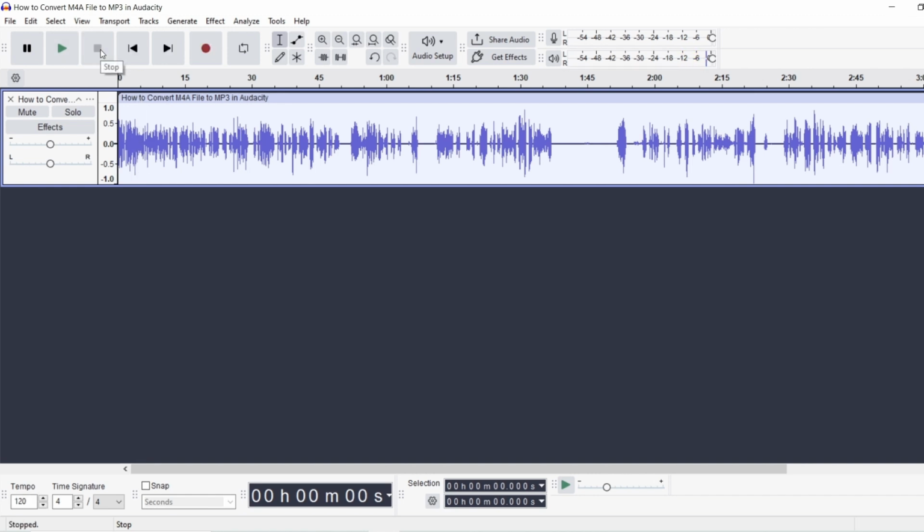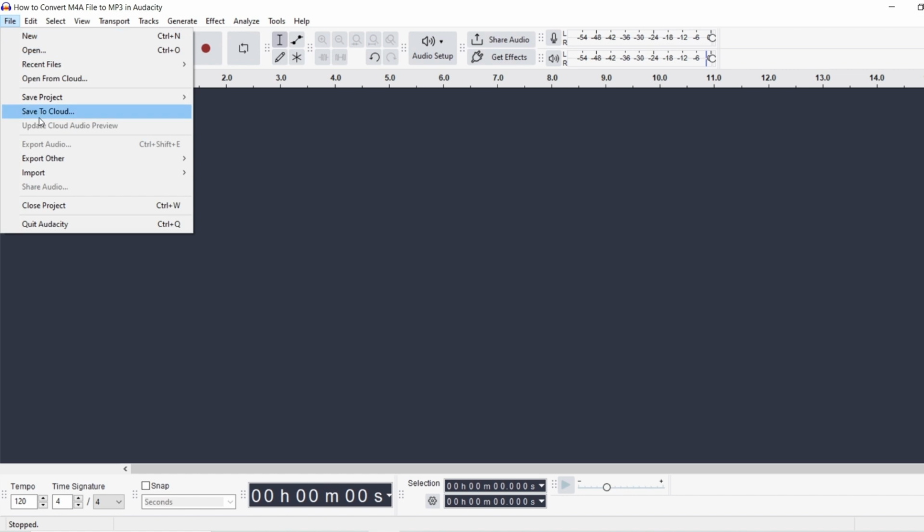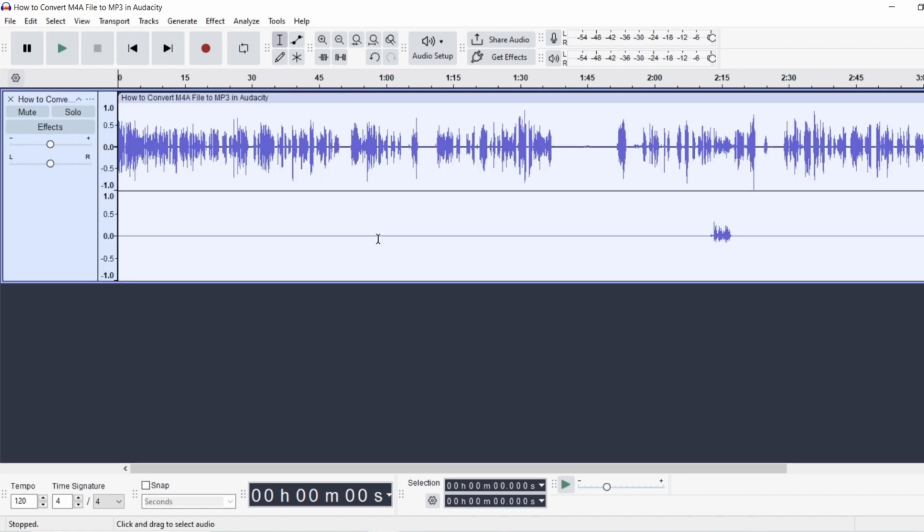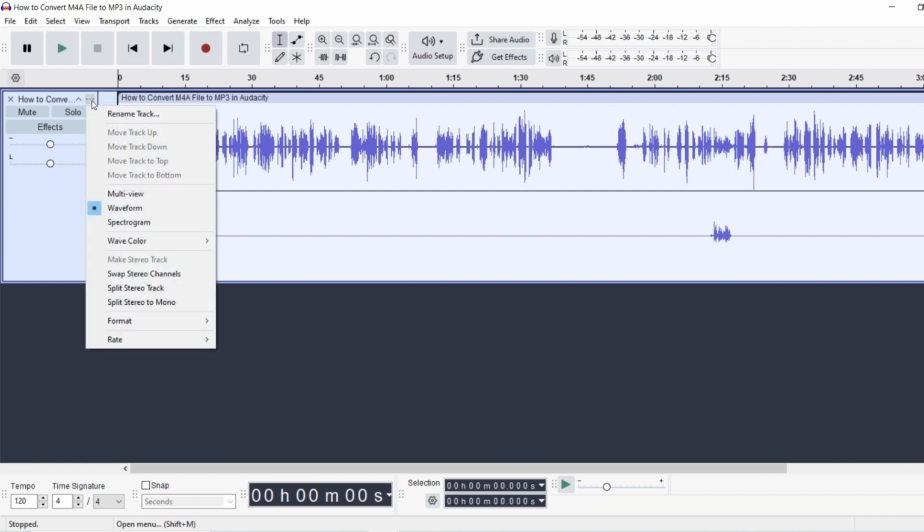Okay, so now it's in stereo. All right, but let's do it another way. Okay, let's import the track again. All right, so once again we're going to locate the three dots. We're going to go up here,